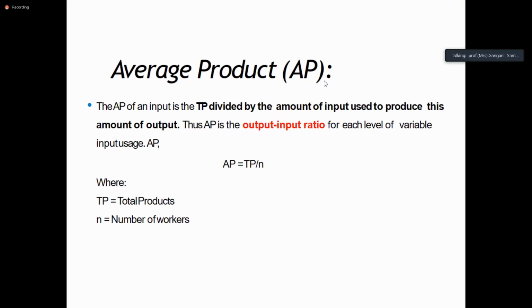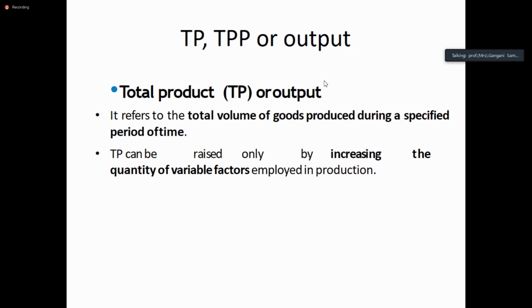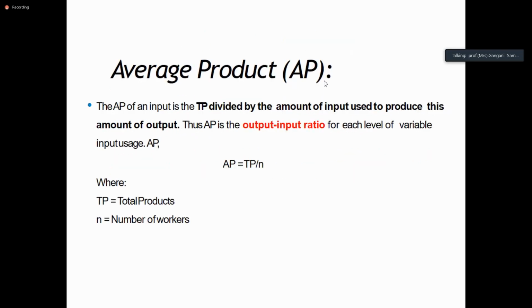So the total product is the total volume of goods. But the average product means average, basic mathematics. We have to divide the total product by the number of units. When you divide by the number of units, it is called the average product. For example, average number of students